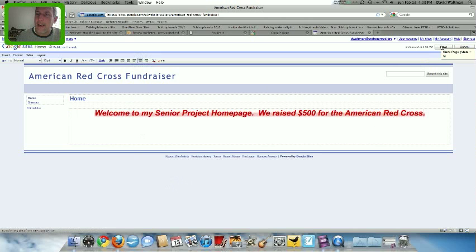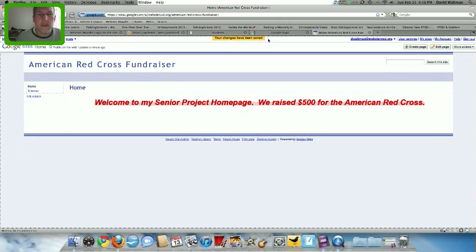I want to make sure that I save. It'll tell me up here, and it says your changes have been saved. All right. Now, I want to create, if you go to the Senior Project manual, and there's the example on the website, you'll know that you have to create lots of different pages. I think it's 7 or 8 other pages that are going to go in this sidebar area. Right? This is your title page, this is your content area, this is your sidebar. So the sidebar is really your menu. This is where your menu options are, or you